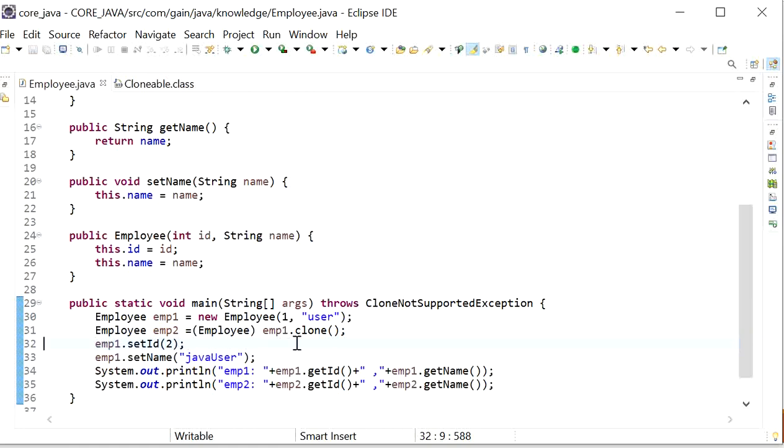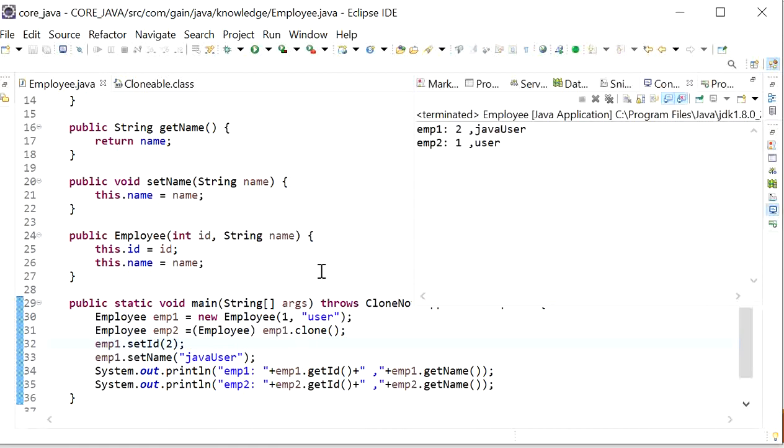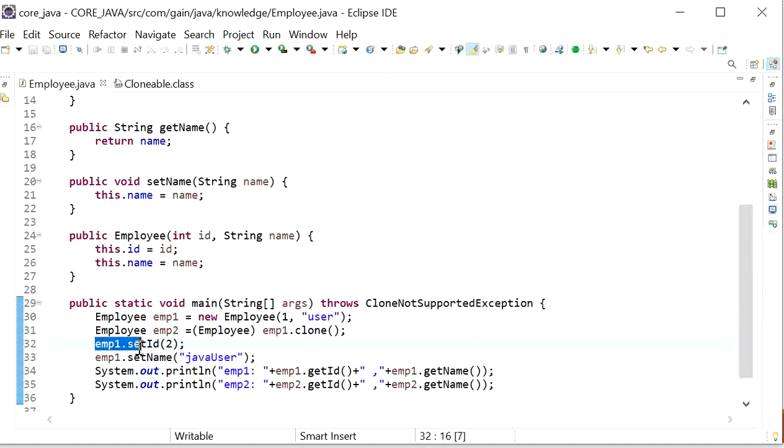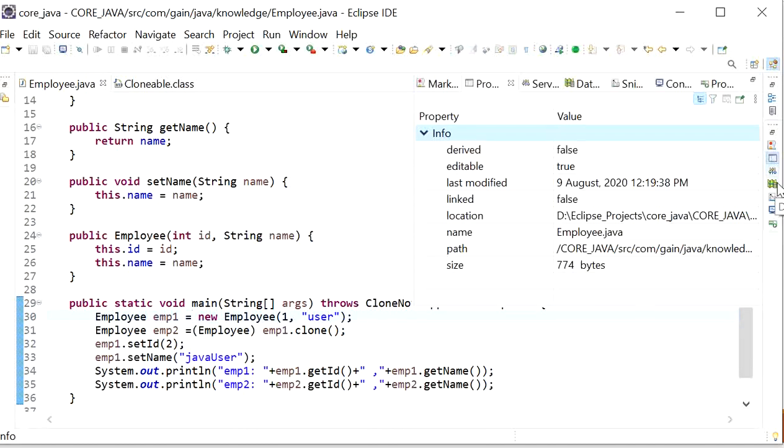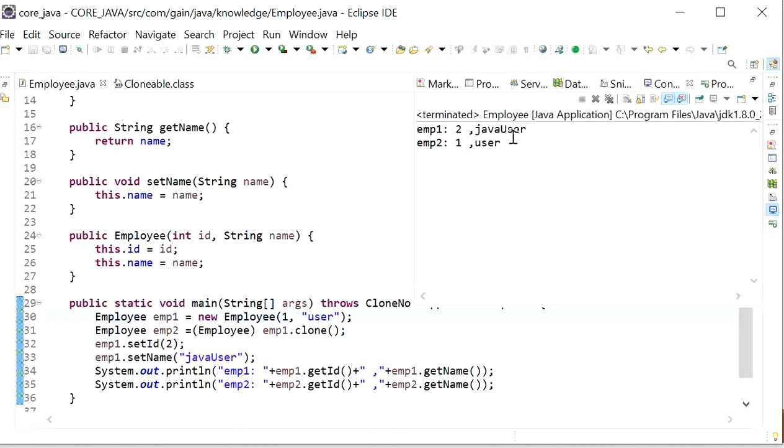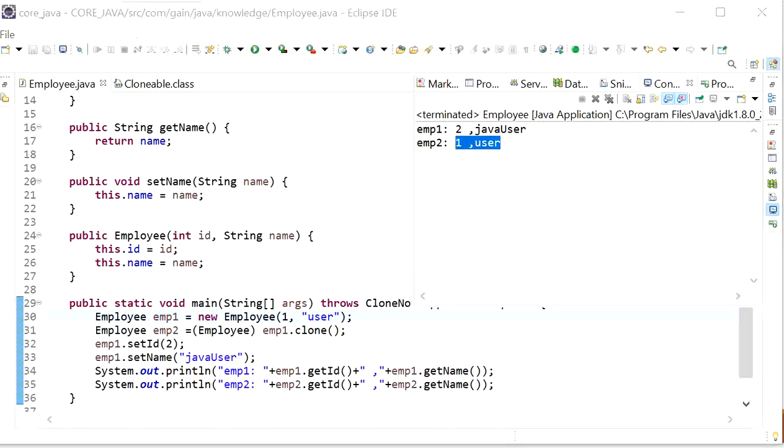So employee 1 will be affected only. Now if I run this application, we can see that if we make a change in one object, the changes are only reflected in employee 1, and employee 2 stays the same, id 1 and name user. So it is like a shallow cloning.